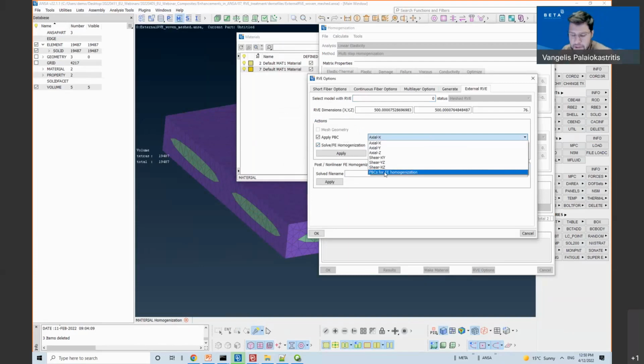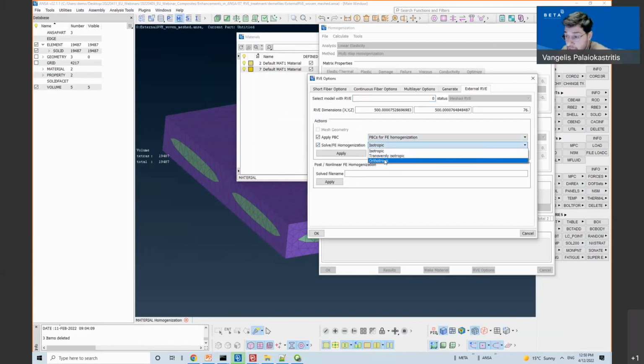So for this example, I will create the boundary conditions for FE homogenization. The material that I expect will be orthotropic, since it is a woven.